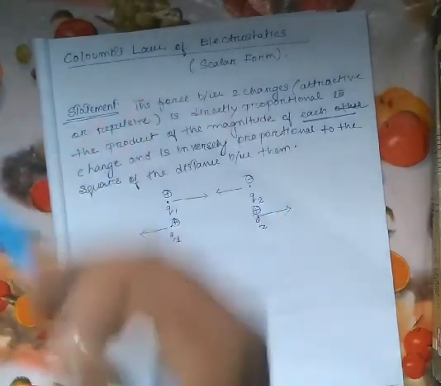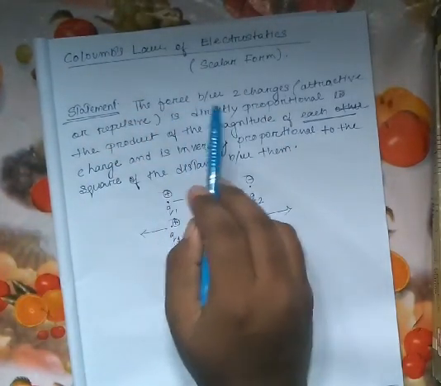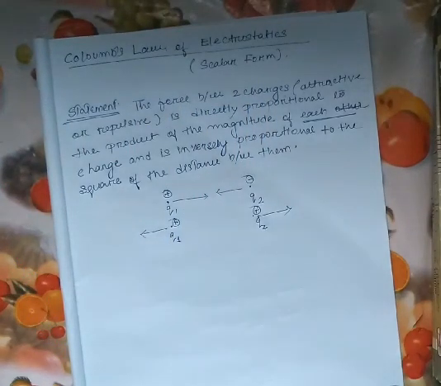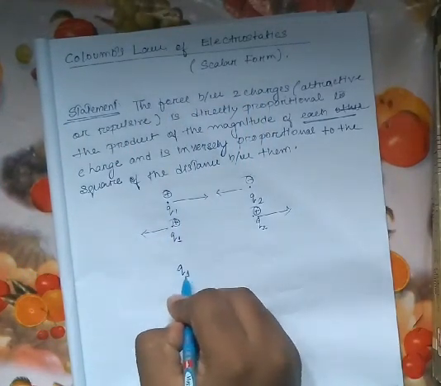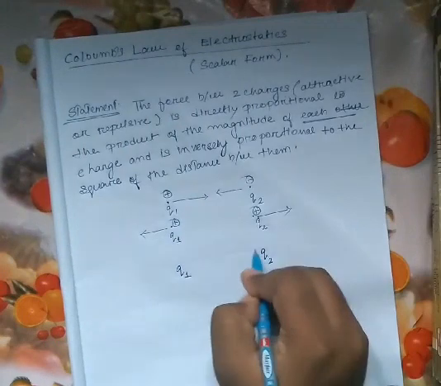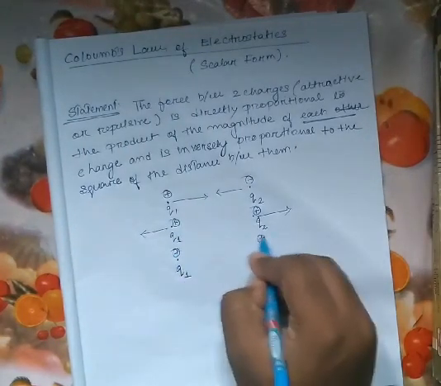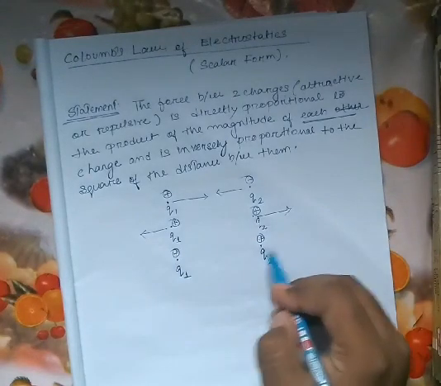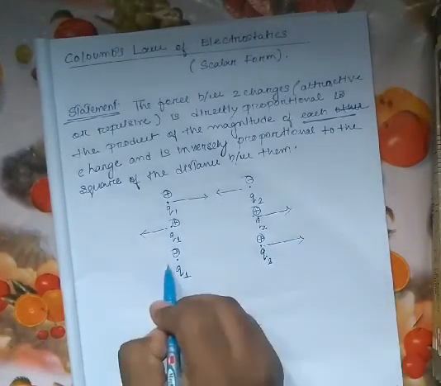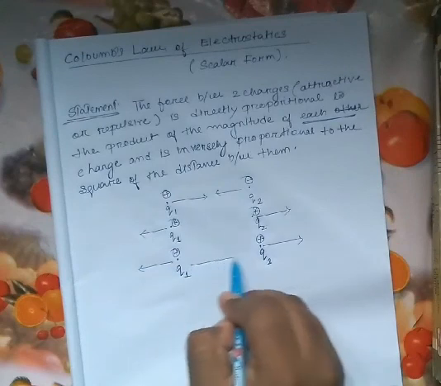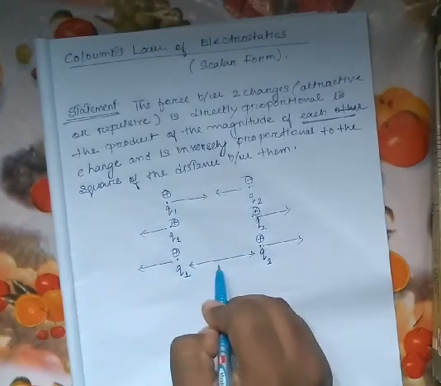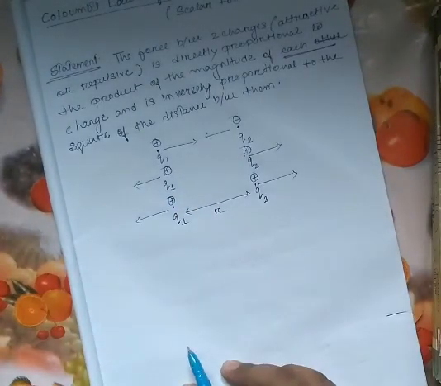And now again let's go to the statement. The force between two charges. Let us get a proper diagram first. It is Q1, Q2. I am taking it positive. For example, you can also take it as positive, negative. So they will repel each other. They are separated by distance, we are considering it as R.